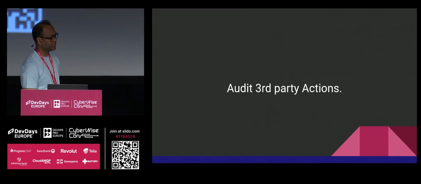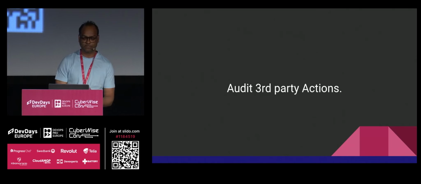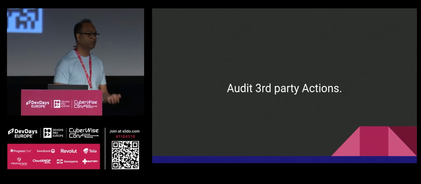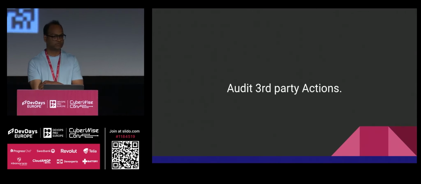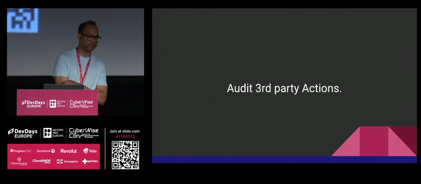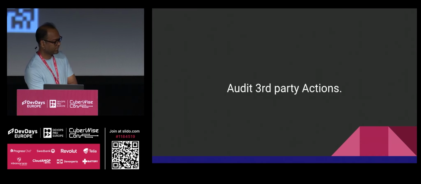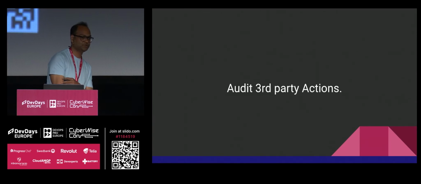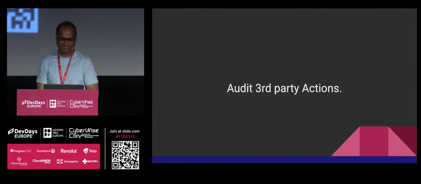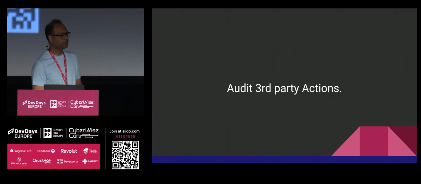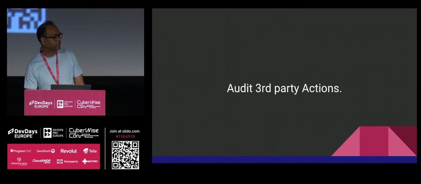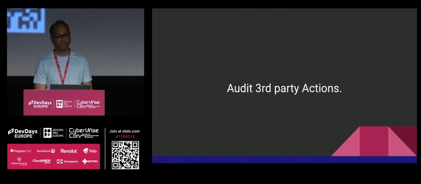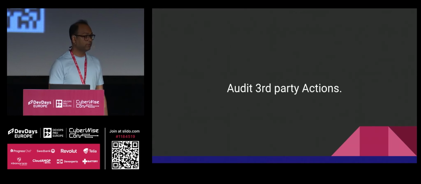One thing, audit third-party actions. We generally don't do that, right? This is part of the best practices where I said you have to always be proactive. So in case you are not using any third-party actions, remove them, because this is where we as developers are not very active, right? I mean, why should we touch something which works? That's what we all do. But regularly audit your third-party actions, see if there are some actions which are just part of the job but never being used, and try to remove them. Try to upgrade them in case there are some known vulnerabilities in the actions which you're using, or if there are any better options.